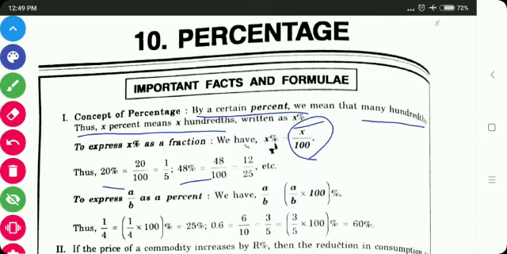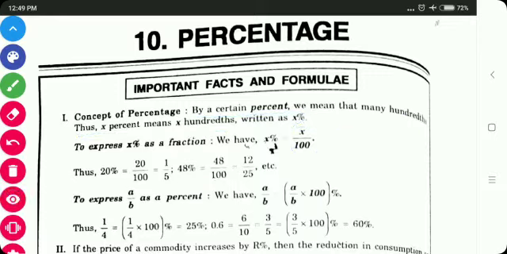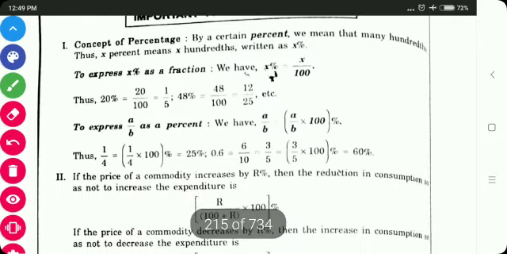To express a by b, that is a fraction, as a percent, we have to multiply that fraction by 100. So a by b means a by b into 100%. Thus 1 upon 4 into 100 is 25%. 0.6 means 6 upon 10, that is 3 by 5 into 100, that is 60%. Okay. Second is